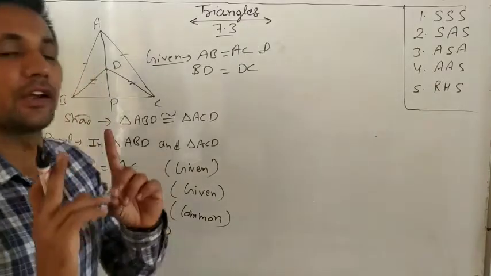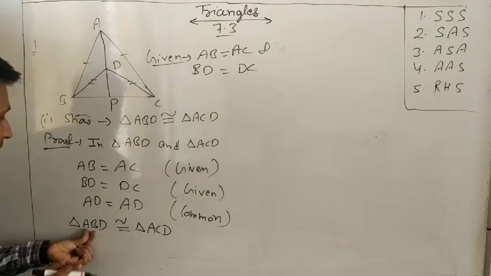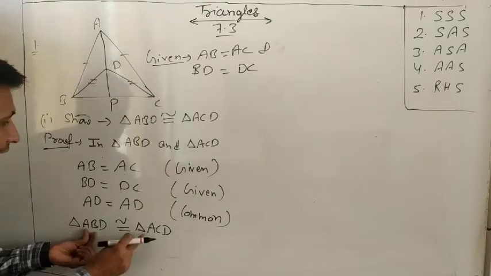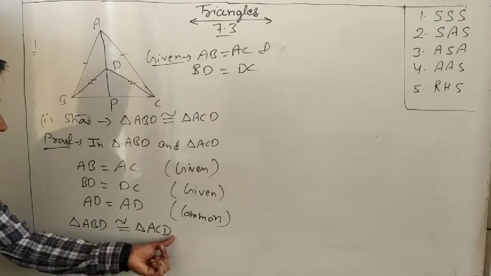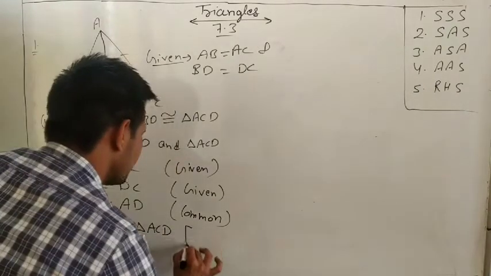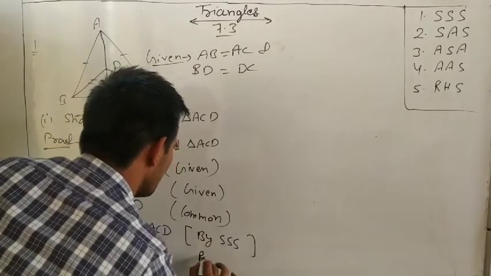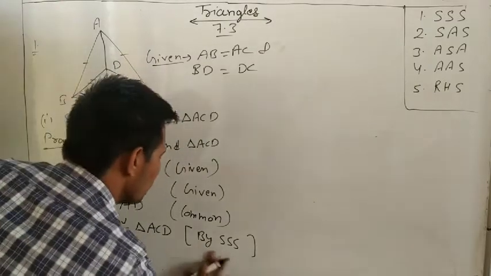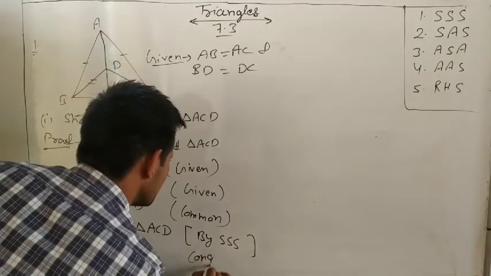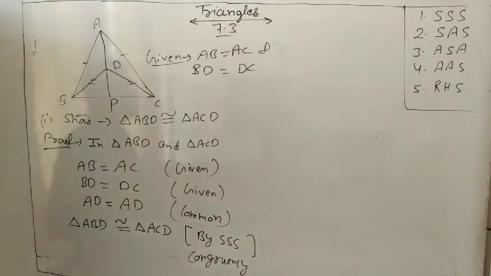Always we have to write in perfect order. What is ABD? If you write AB first two, so AB equal to AC first two, AD first and last, AD first and last. So you can write by side rule congruency. To understand it, so it is the proof of the first part. Understand?